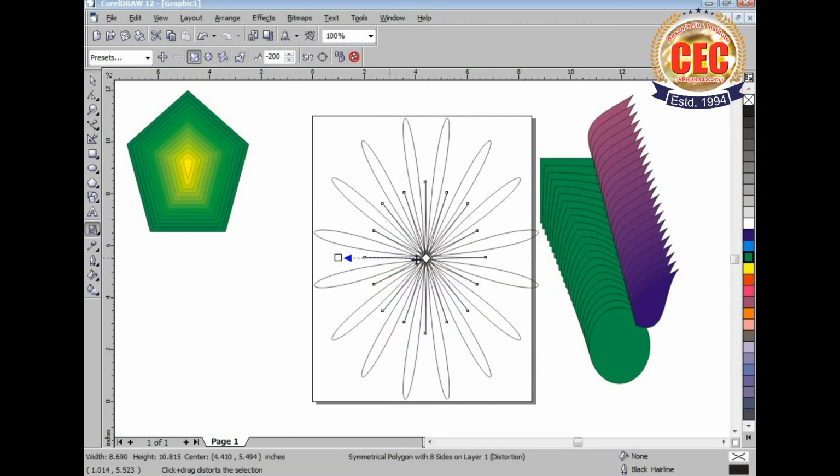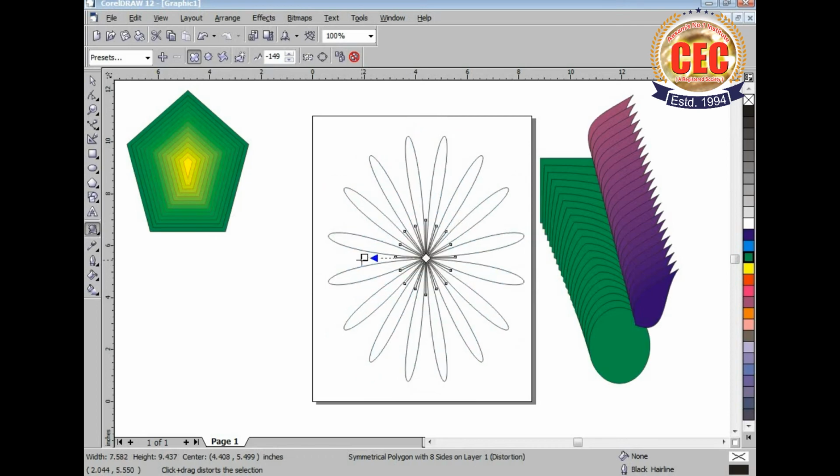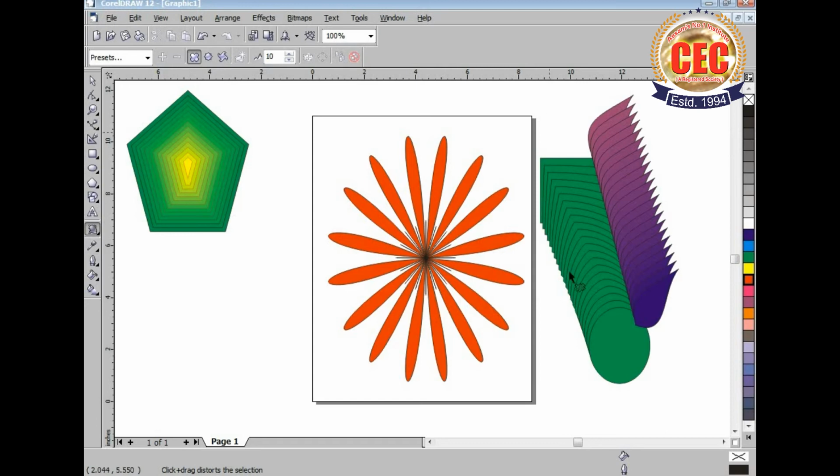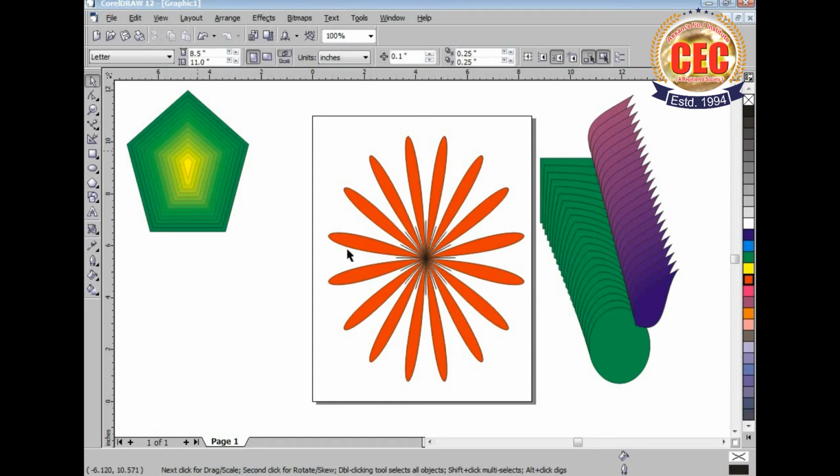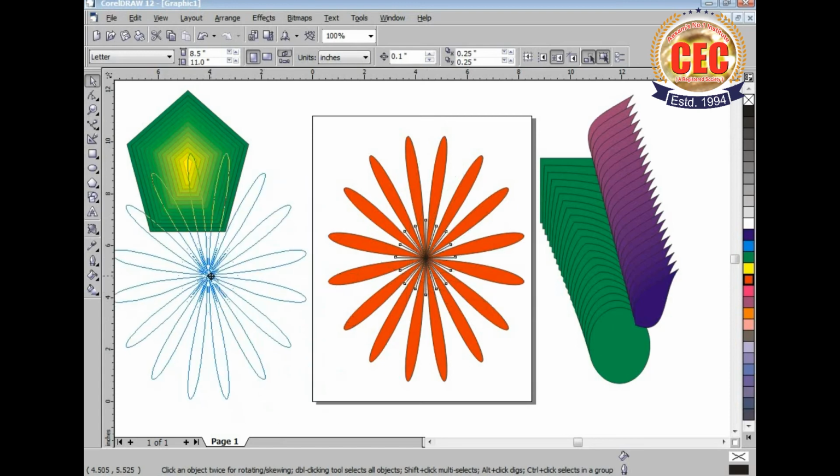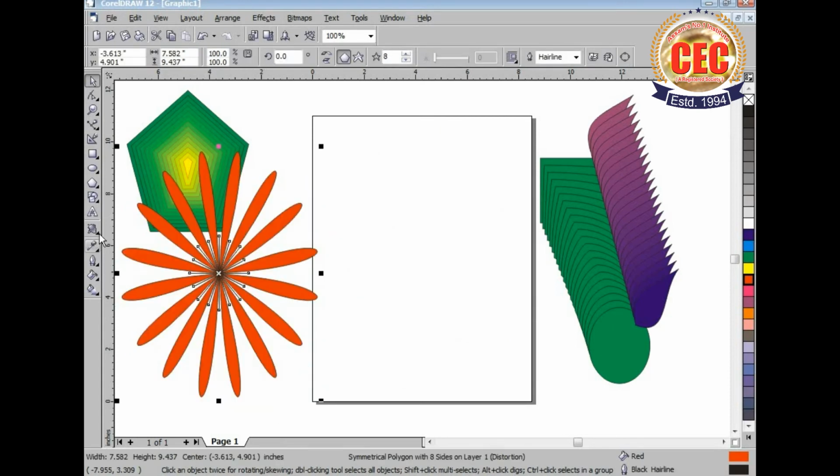Again, by moving these nodes inwards or outwards, we can create different shapes by using the interactive distortion tool. So we have created a graphic here using the distortion tool. This way you can use it.